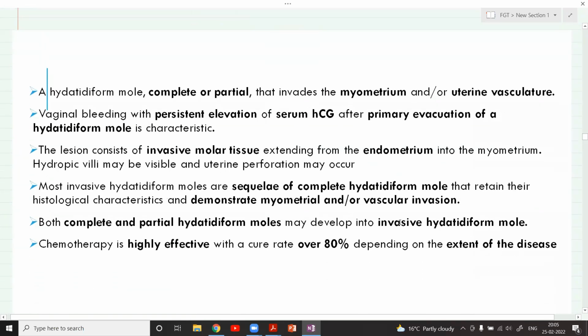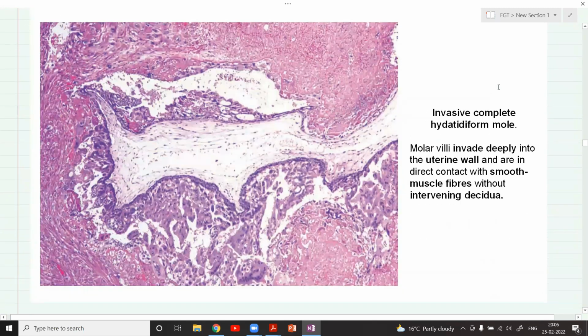Over here it is very, very simple. We will see that there is a persistent gestational trophoblastic disease. And very important, the term invasive is used regardless of whether it is a complete or a partial mole. If any of them is invading the myometrium or even the uterine vasculature, then we use the term invasive mole. If you see over here, this is basically